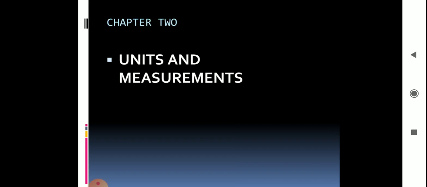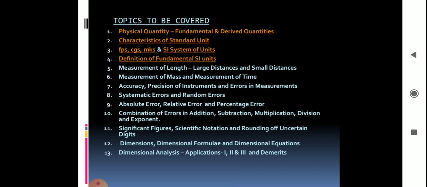This video is on chapter 2, units and measurements. Topics to be covered in this lesson: physical quantity, fundamental and derived quantities, characteristics of standard units, FPS, CGS, MKS and SI system of units, definition of fundamental SI units, measurement of length, large distances and small